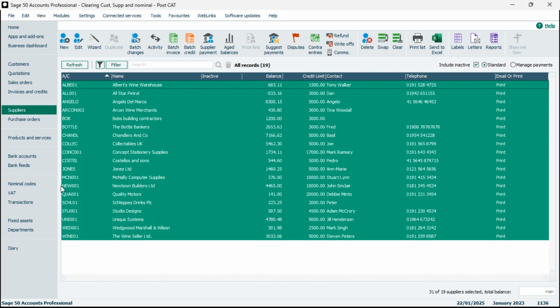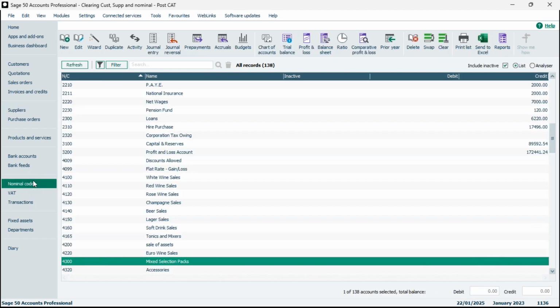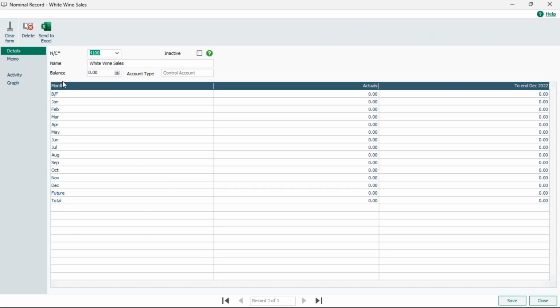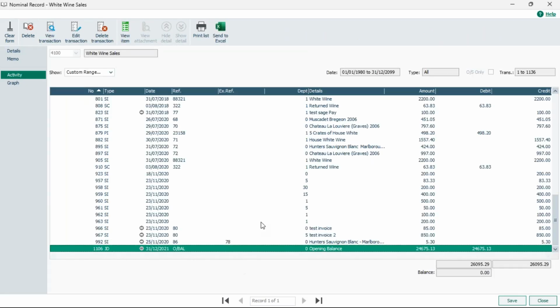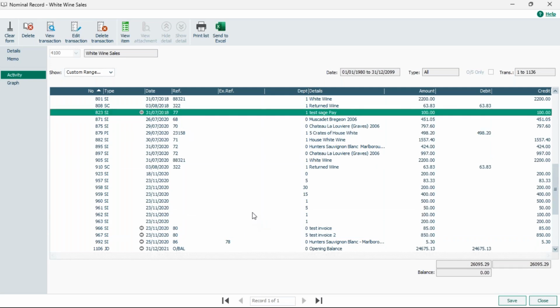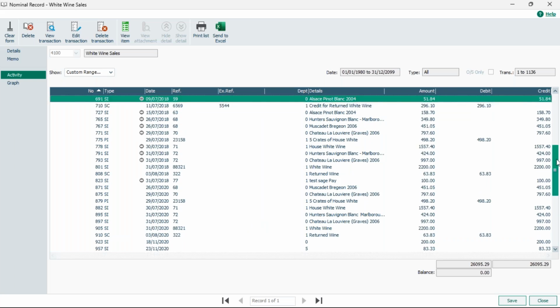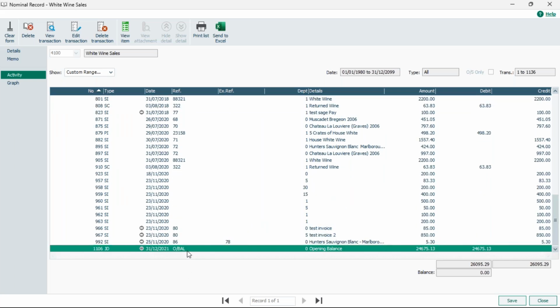So the next one I'm just going to show you is nominal codes. Okay, so again, very, very similar process there. Removing nominal codes, they need to have a zero balance, and we need to have all history removed from there. So if we look at, for example, just my main nominal code, you can see I've got history going back really far, but also right up to this date here. So we haven't been able to clear down a lot of these older invoices. There could be various reasons why they haven't cleared down, but they haven't. So in which case, when I try to delete this particular nominal code,